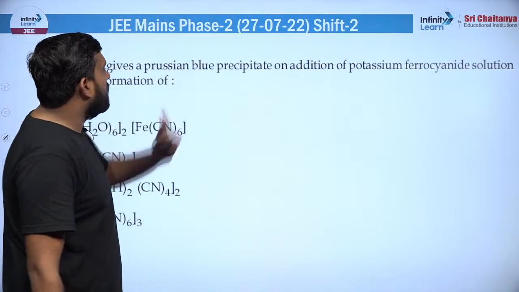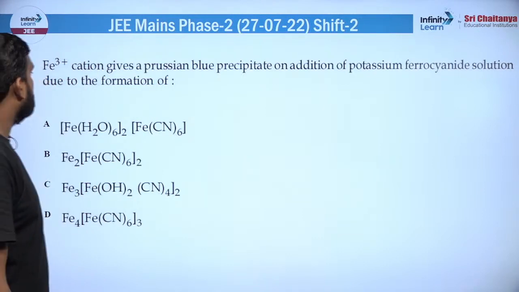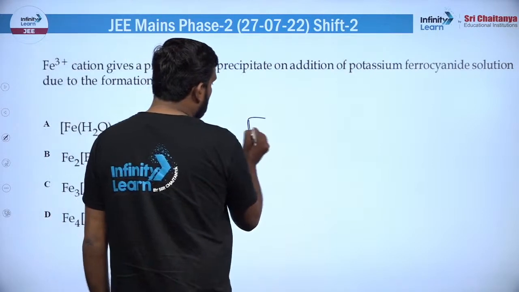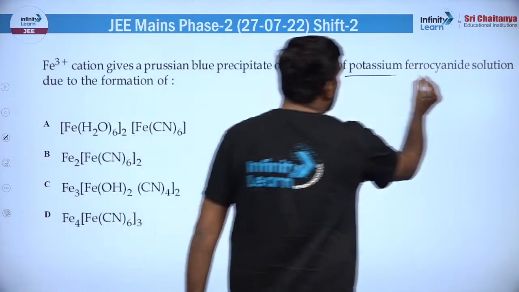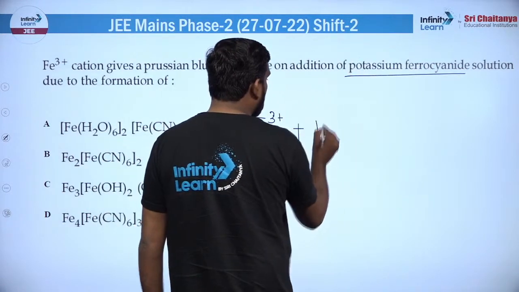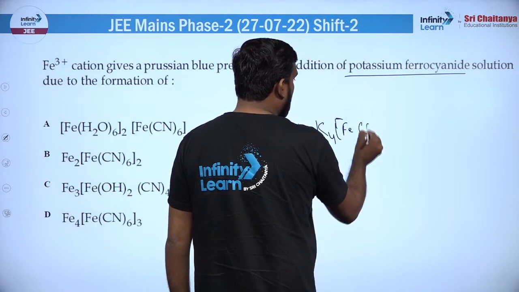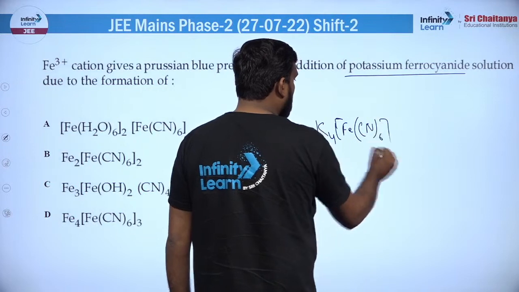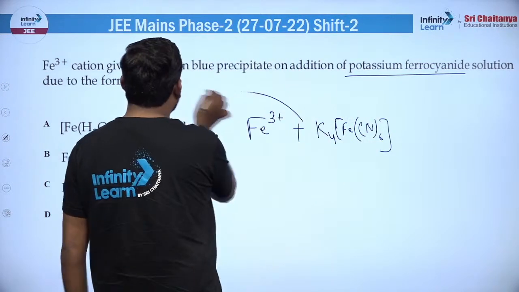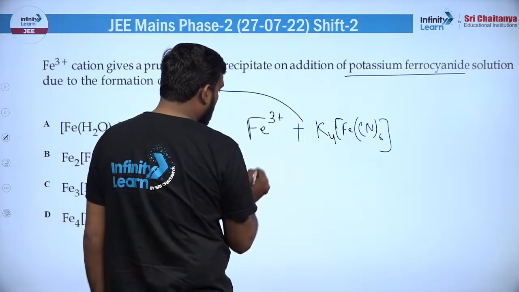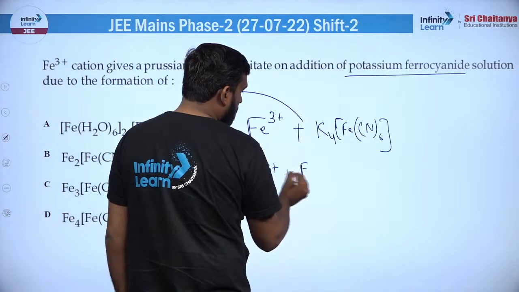Fe3+ cation gives Persian blue precipitate on addition of potassium ferrocyanide solution due to formation। देखो हो क्या रहा है, बहुत सिंपल सा क्वेश्चन है। Fe3+ को तुमने ऐड किस में किया बेटा, पोटेशियम फेरोसाइनाइड। पोटेशियम फेरोसाइनाइड क्या होता है, K4Fe(CN)6 होता है। ठीक है, अब सॉल्ट बनाना है कि इन दोनों का जो फॉर्मूला है वो पर्सियन ब्लू कैसे बनता है। तो देखो Fe+3 का कॉम्बिनेशन आप किससे करा रहे हो बेटा,